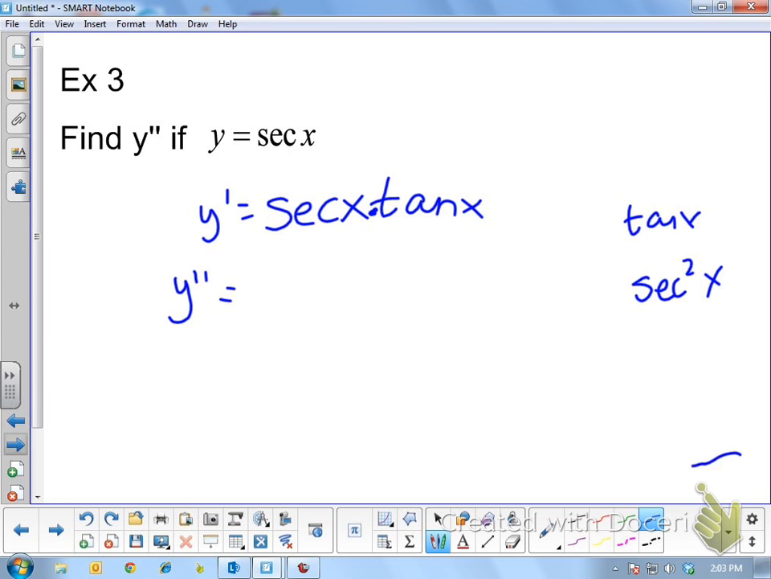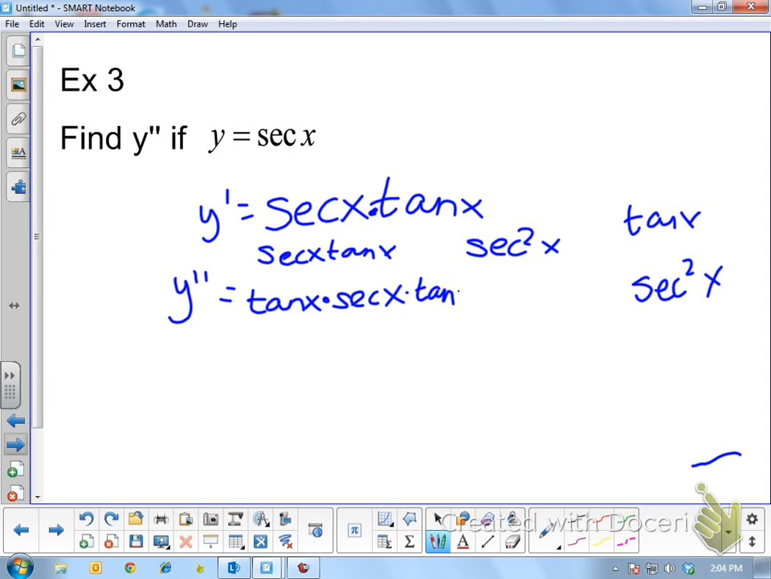So, product rule. The derivative of secant is secant x tangent x. The derivative of tangent is secant squared x. We do low d high plus high d low. So low is tangent. Low d high, so tangent times secant x tangent x, plus